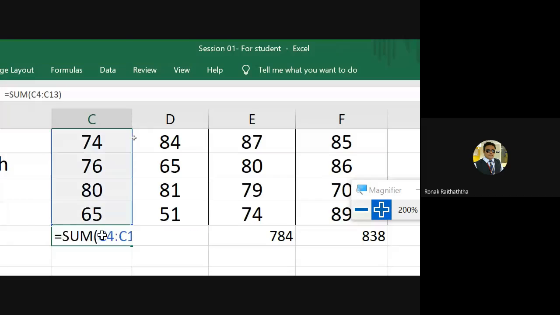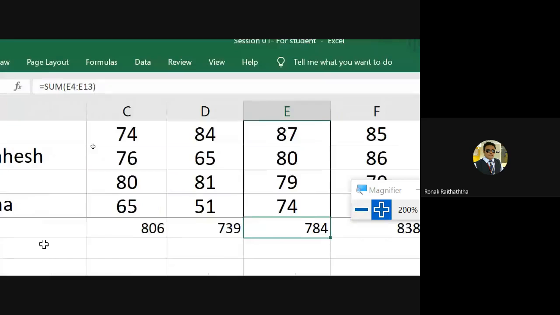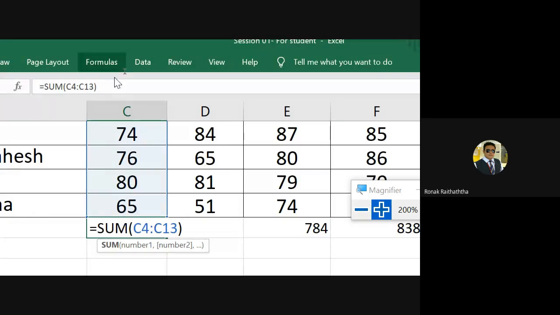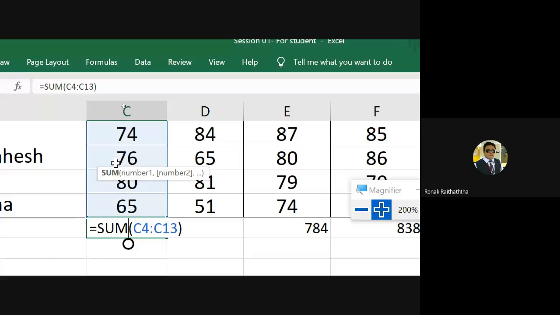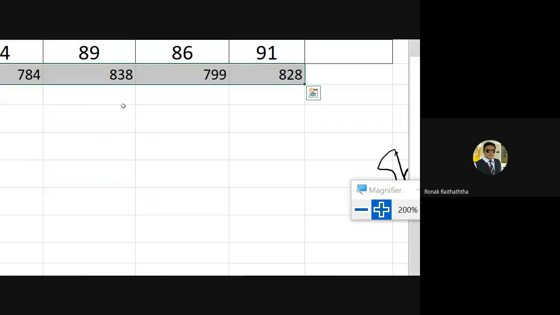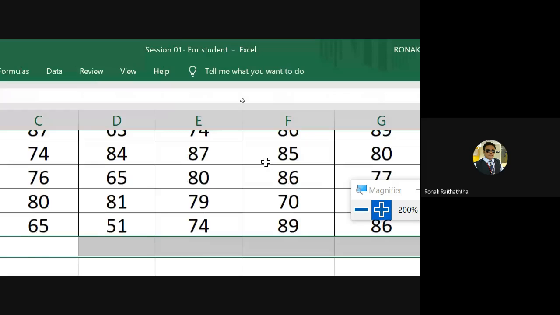So it has taken the summation of this, because Excel is unable to identify whether you want to do the vertical summation or the horizontal summation. See, here it has given you the answer, but it has taken the summation of this. So in order to avoid this, what you can do, other than selecting the function first, go to the auto sum, and from there you may select the data.